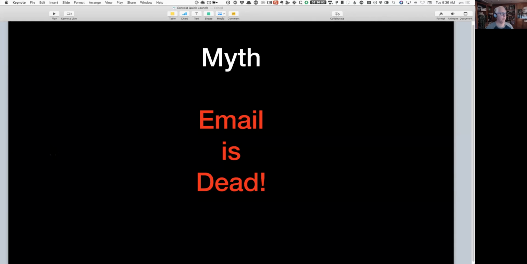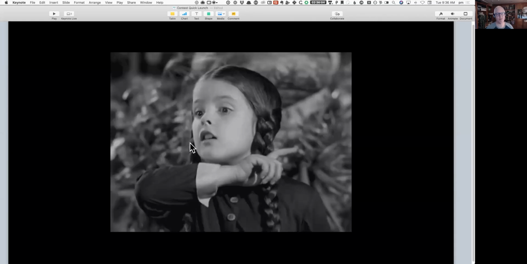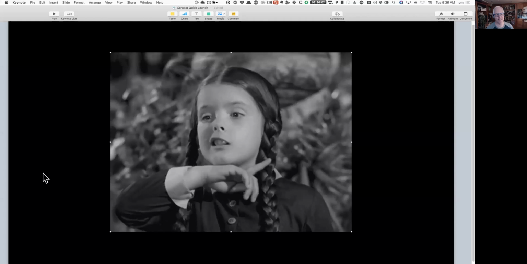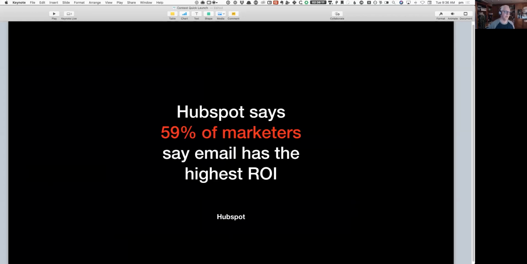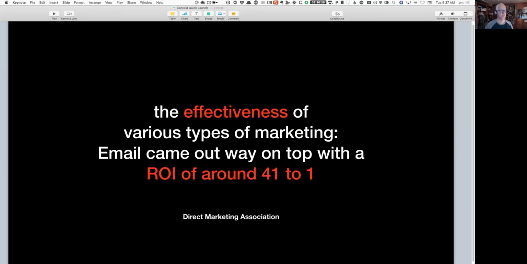The next myth: email is dead. I love this. Email is dead, right? HubSpot, who does a whole lot of marketing research, says 59% of marketers say email has the highest return on investment. This is very recent data. This is not decades-old stuff. Looking at the effectiveness of various types of marketing, email came out on top with an ROI of